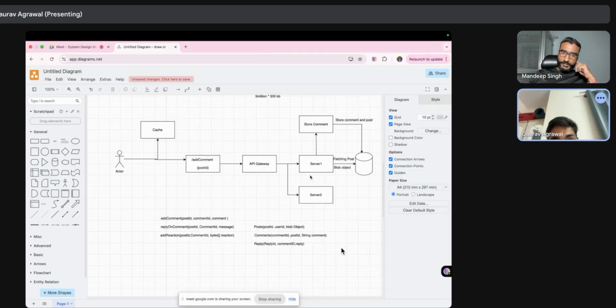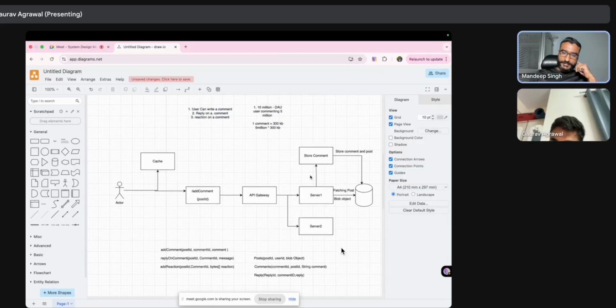And what if there are a lot of comments? Let's say this is a post made by some famous user, so there will be a lot of entries. In that case, in real-world chat applications and social media platforms, we have seen the option of load more comments. Basically, they do pagination, they fetch the comments in chunks, not all at once. Let's suppose 10 comments at a time. When the user clicks on load more comments, 10 more comments will come. Like that, we can do.